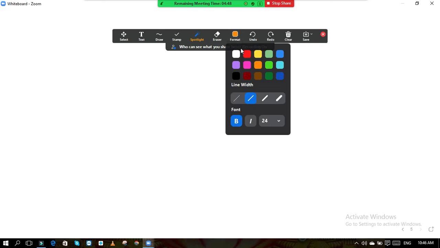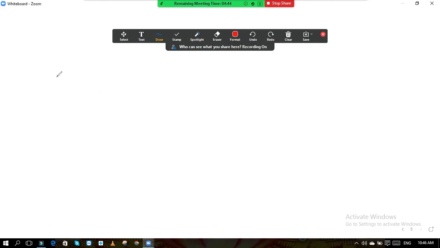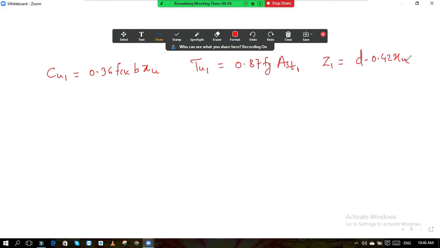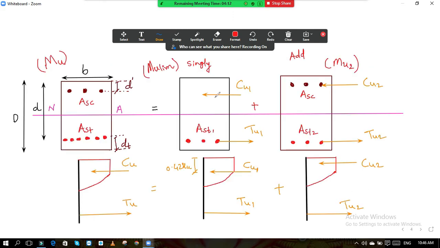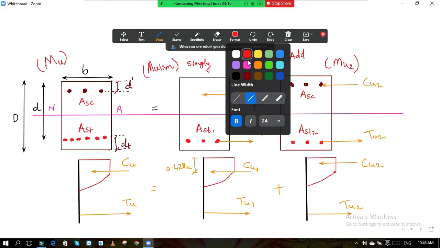What is Cu1? If I write the formula for Cu1, Cu1 is for the singly reinforced section, so this formula we already know: 0.36 fck b into Xu. Then what is Tu1? This also you know: 0.87 fy into Ast. This is the formula for 1. We will use the notation 1. And what is the Z1 lever arm? It is d minus 0.42 Xu. So if you want to see the lever arm distance,